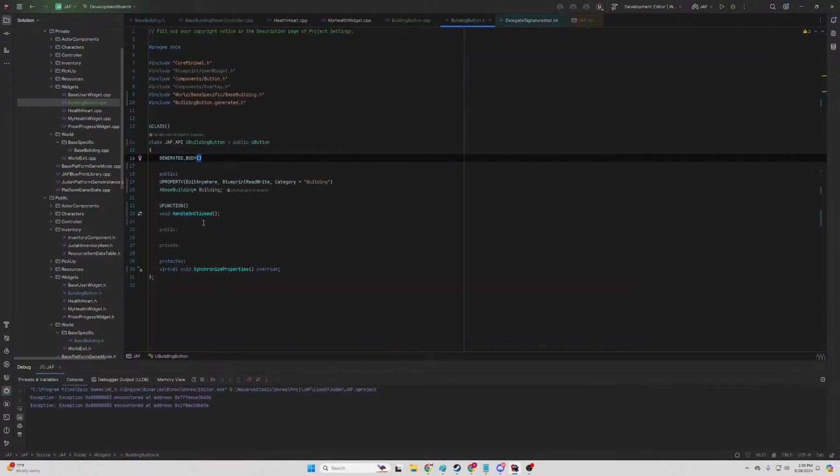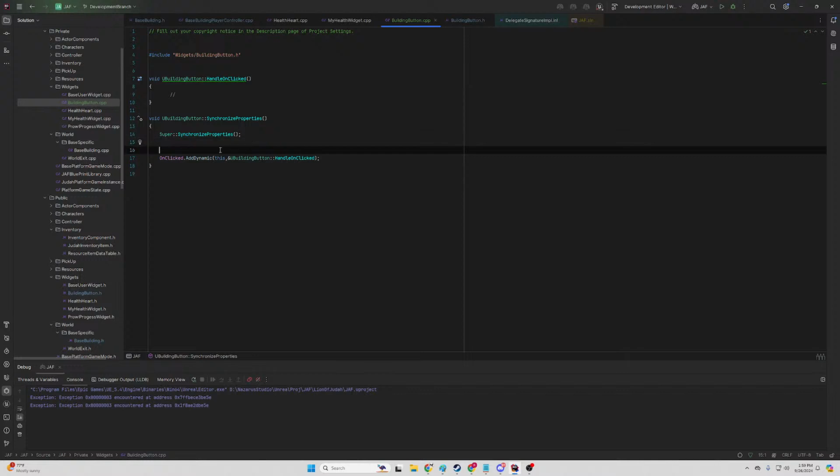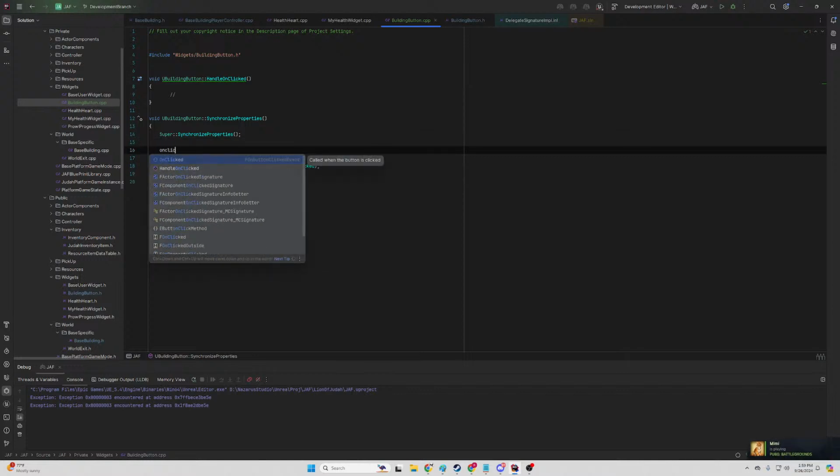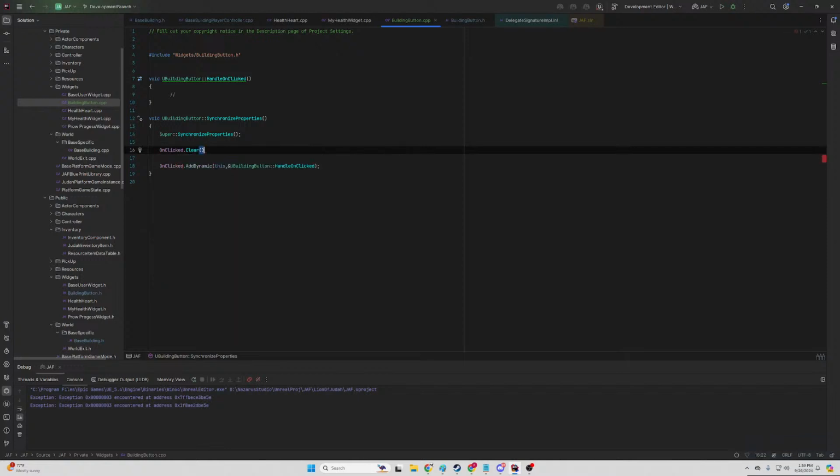Saying to fix the other issue, I have to essentially call like on click clear. We'll see if that handles that other issue, but I don't know what I'm gonna do about